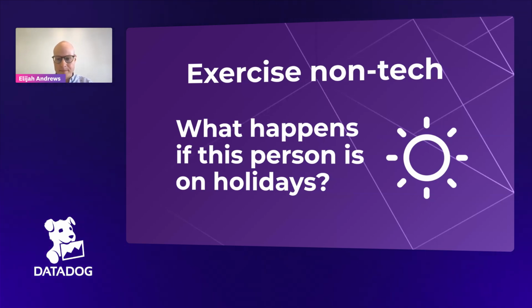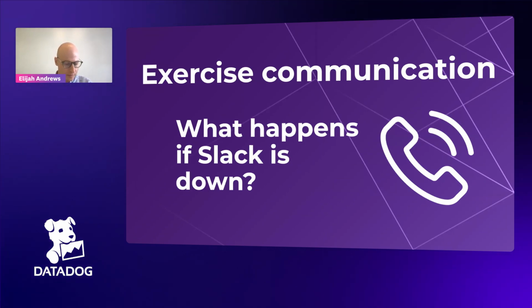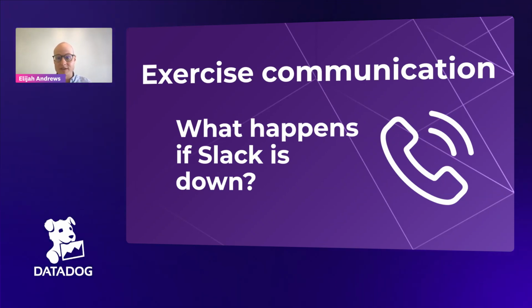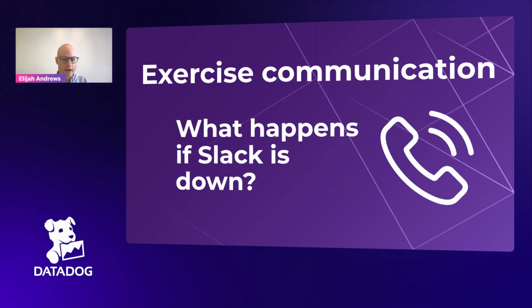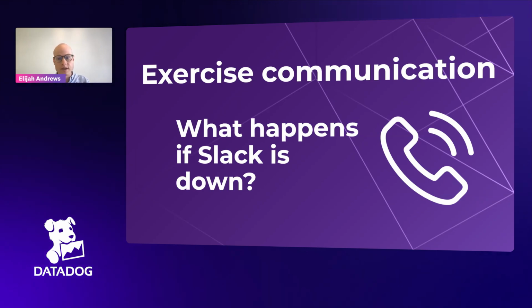And then sort of the last thing that you're really exercising here is communication. Especially with COVID, but even before, this industry was quite distributed, we often communicate over computers and not in person. And so what happens when your primary means of communication is down, right? You can replace Slack here with Google Hangouts or Zoom or IRC or whatever communication thing you use, but it's sort of the same principle here.